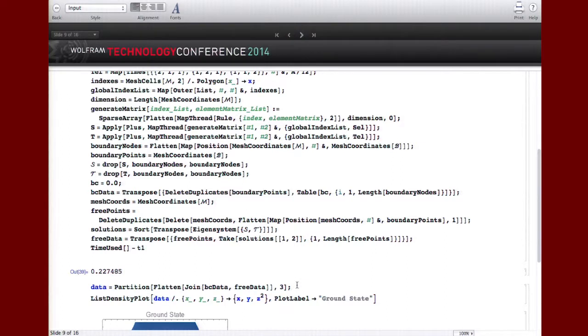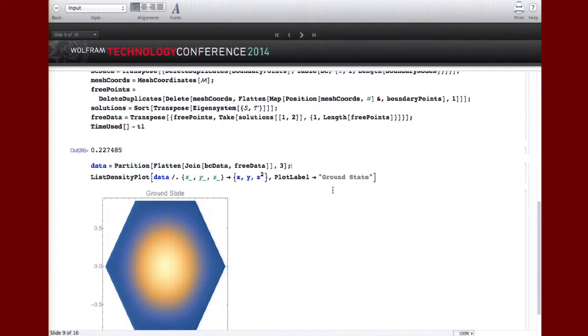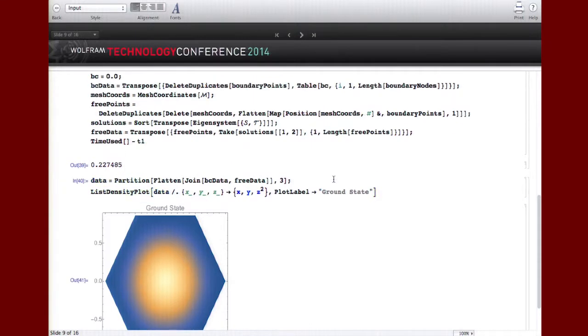The small element matrices, SEL and TEL, are generated as sparse matrices, since they get blown up to n by n dimension and then added together to generate the full matrices. And here I've plotted below, for instance, the ground state